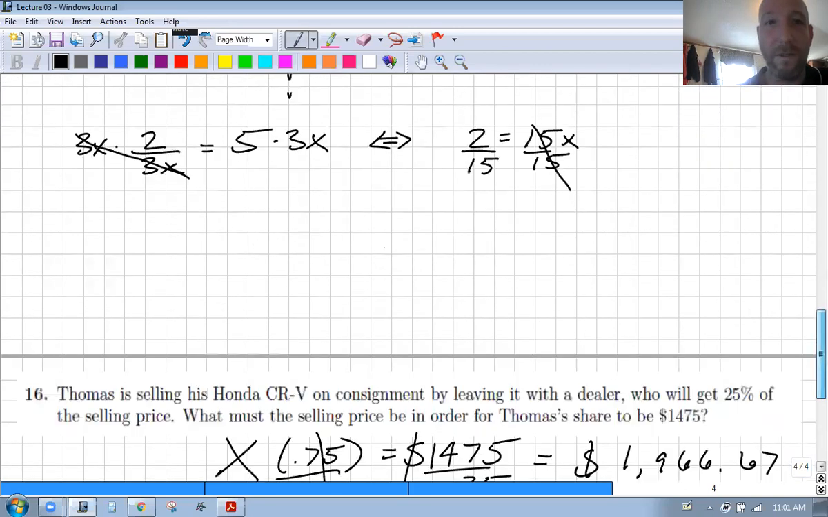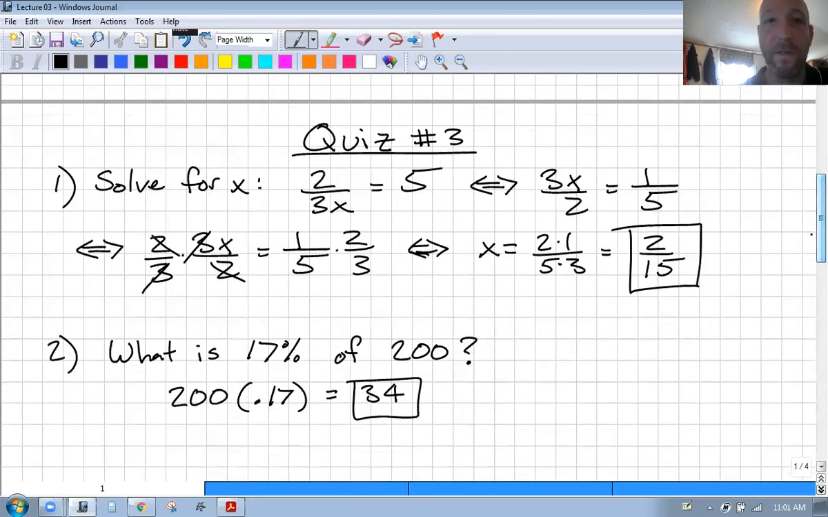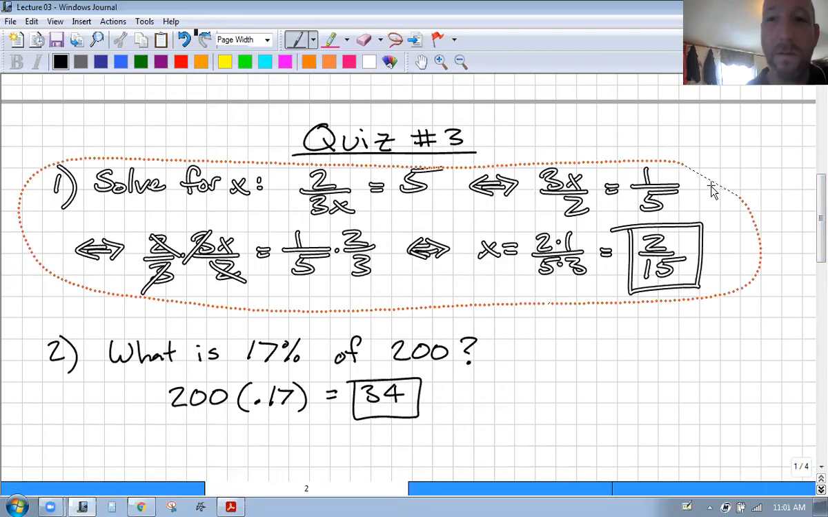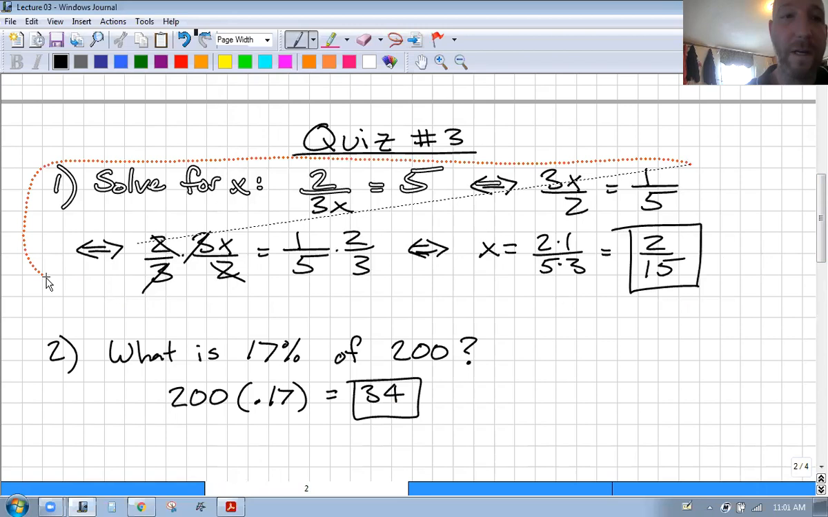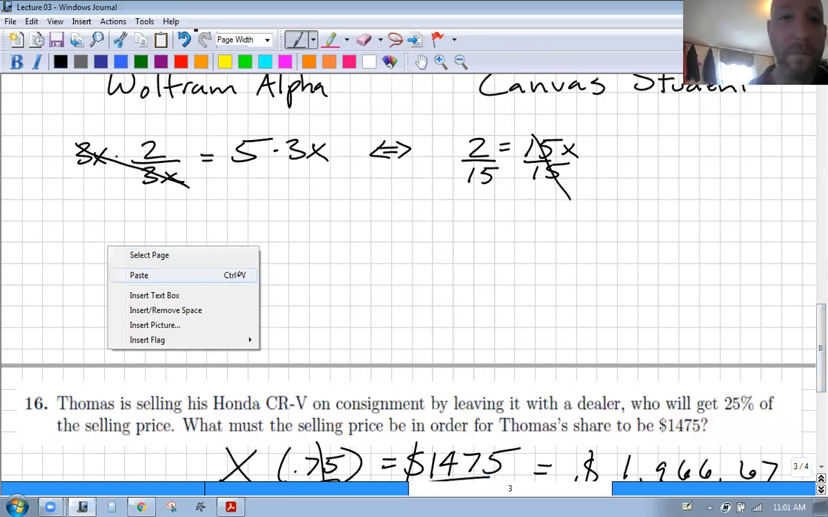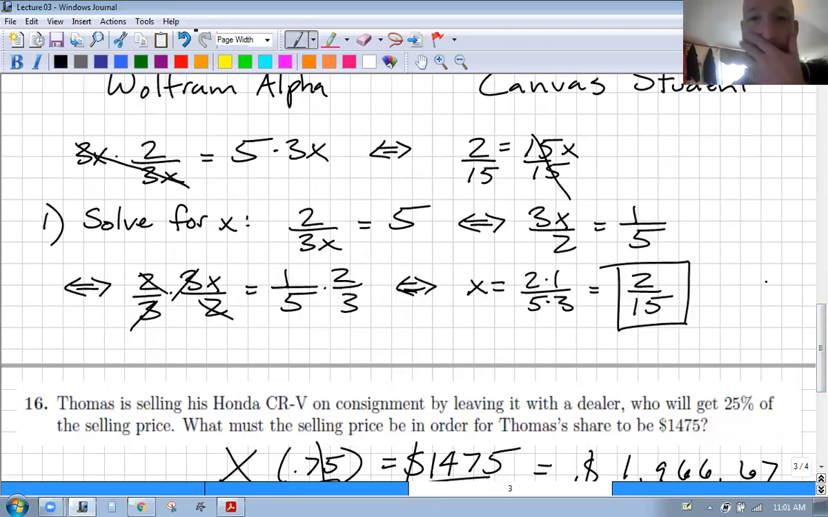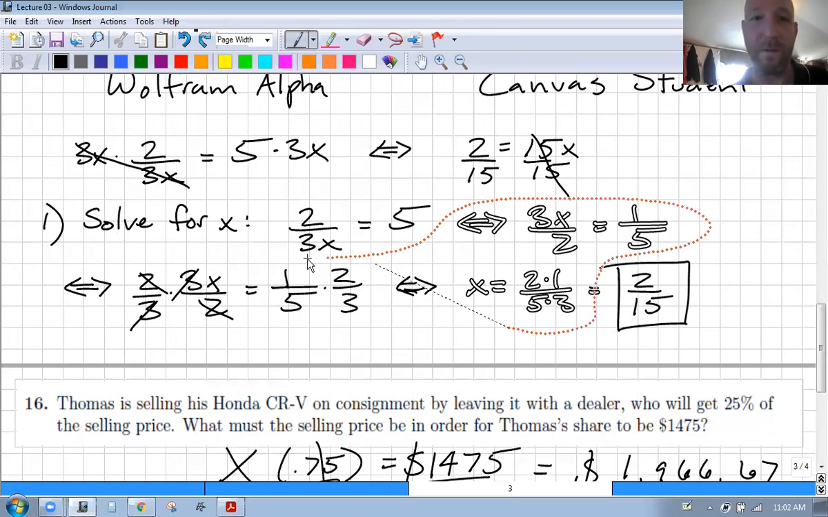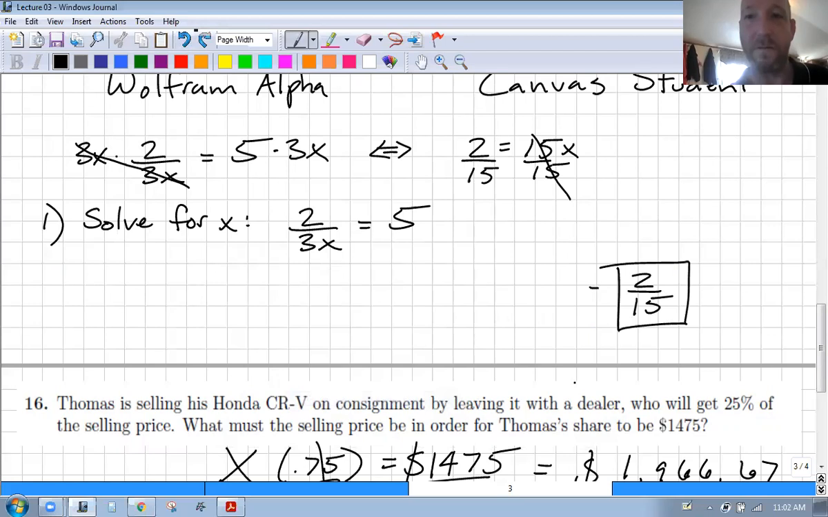Problems like this in this quiz up here, how would we check our work here? Okay. Here's the answer that we got, right? So if that's our answer, how do we check our work? You plug this into X here and make sure that the equality holds. So if we plug that in,